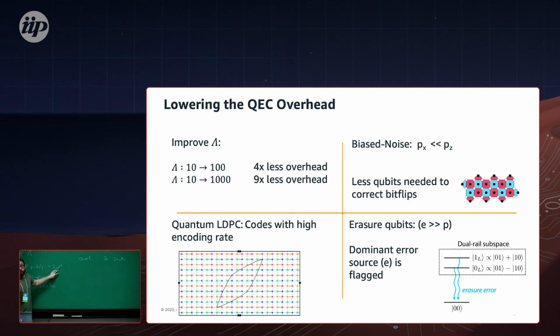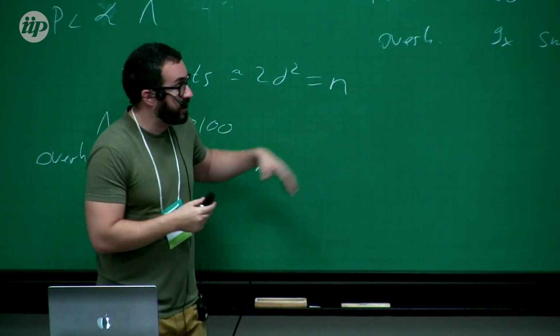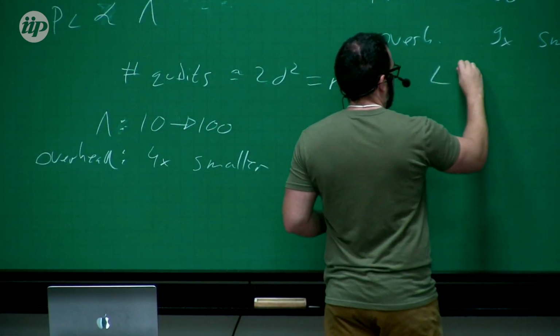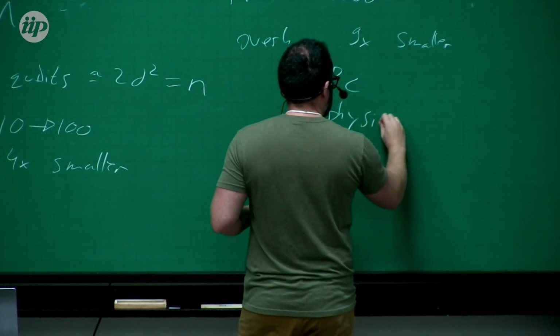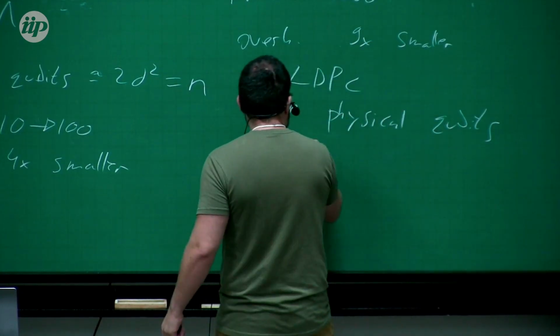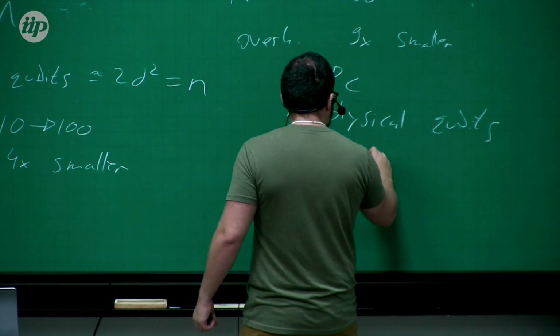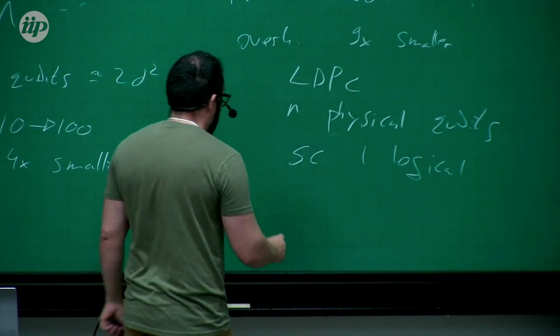And the idea here is that for the surface code, as I showed, you need d squared physical qubits to encode one logical qubit. But what if there are other choices of codes for which you use, for example, n physical qubits, where n is the number of physical qubits? Let me write this. For the surface code, you encode one logical qubit using n physical qubits. For an LDPC code,